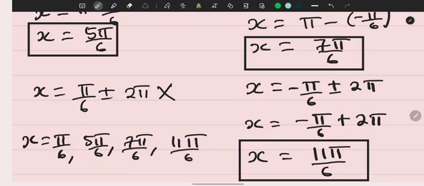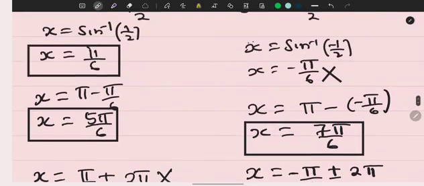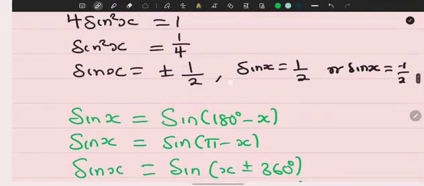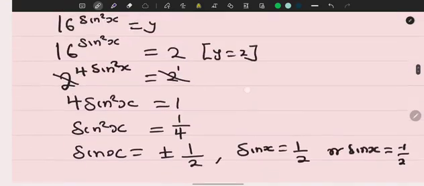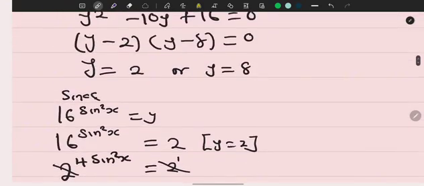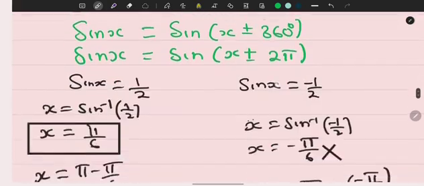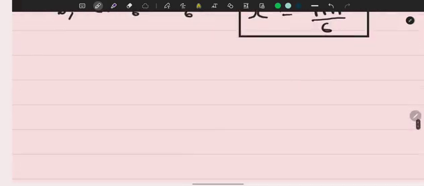Over 6. So these are the values of x that we obtain for y equals 2. Okay, so now we consider the second value for y, which is 8. Remember that this is for only y equals 2, so we consider y equals 8 now. So when y is 8,